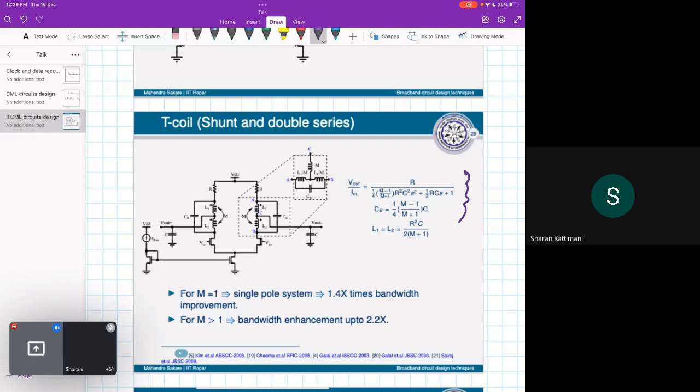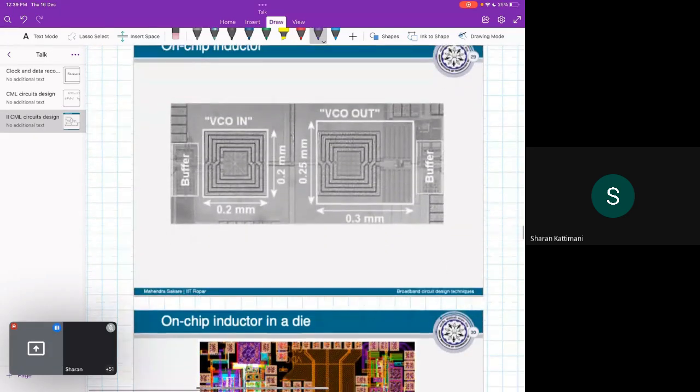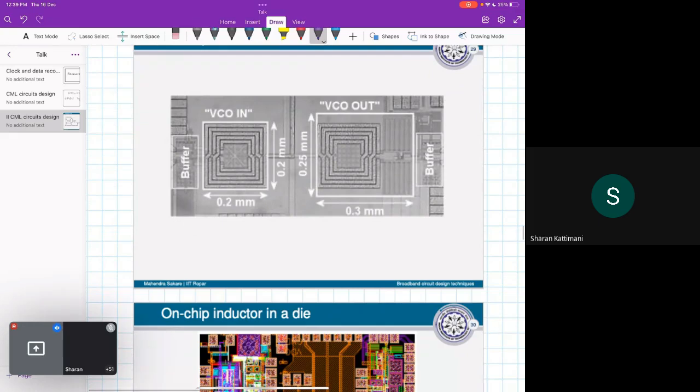So approximately 1.4 times we can achieve, and theoretically it is saying that you can achieve up to 2.2 times bandwidth enhancement. Okay, but as I have told you, everything looks good on paper,